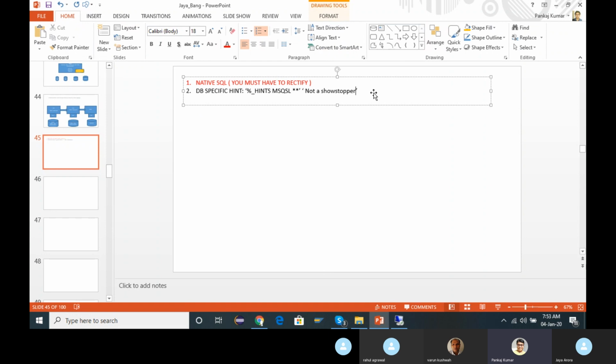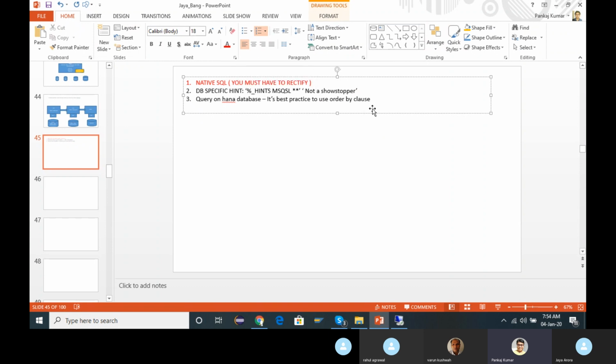Another very important thing to keep in mind: whenever you write a query on the HANA database, it is best practice to use the ORDER BY clause, because it was identified that in some cases, if you don't use the ORDER BY clause, the where condition does not work properly.